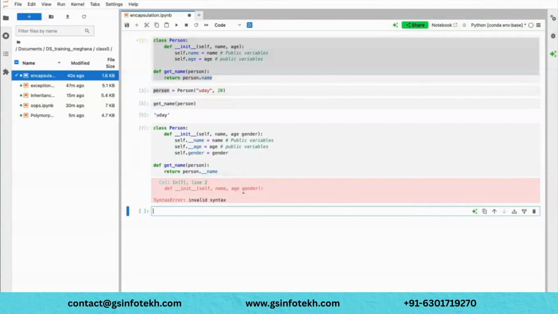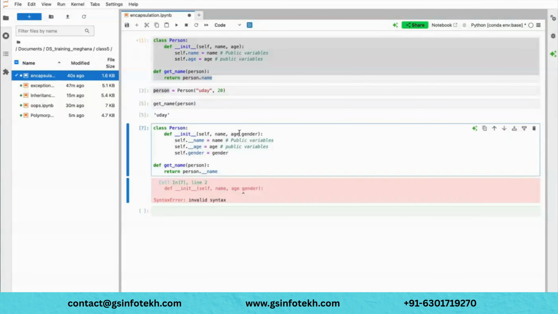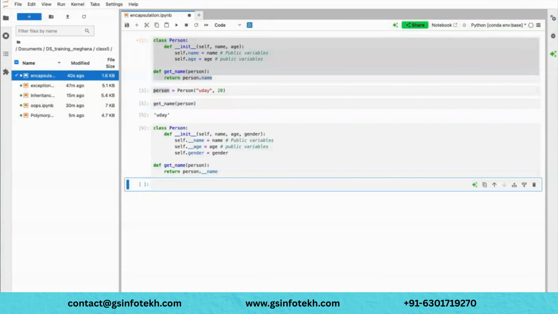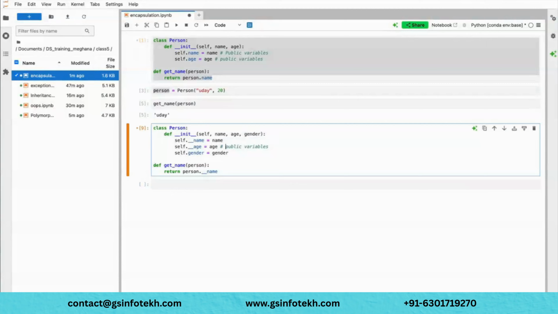Okay, I missed a comma. So if you ask me how do I create private variables? These are basically private variables. Private variables you can create by using a double underscore before the variable name.